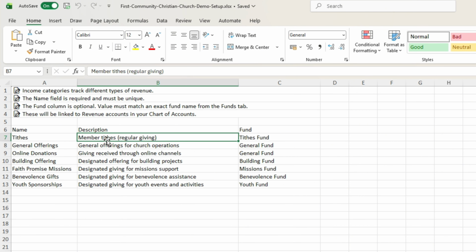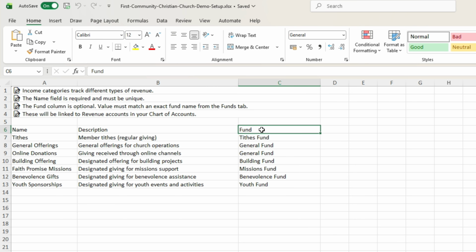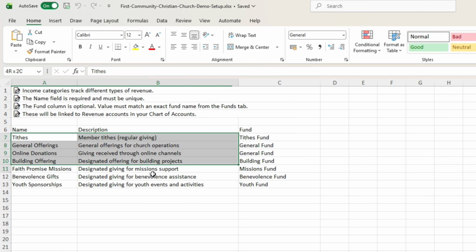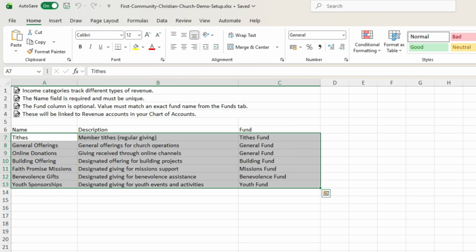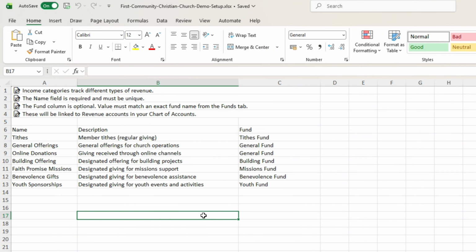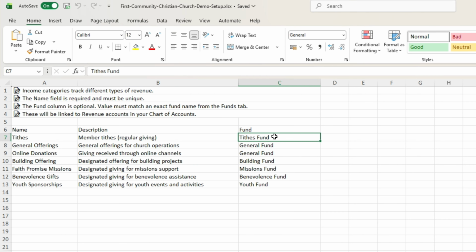For example, member type, regular giving. And the default fund: which fund does this go through? These are the common income categories. The fund column is optional, but if you leave it blank, Steward Track will ask you which fund to use each time you record income. If you fill it in, it will automatically suggest that fund.